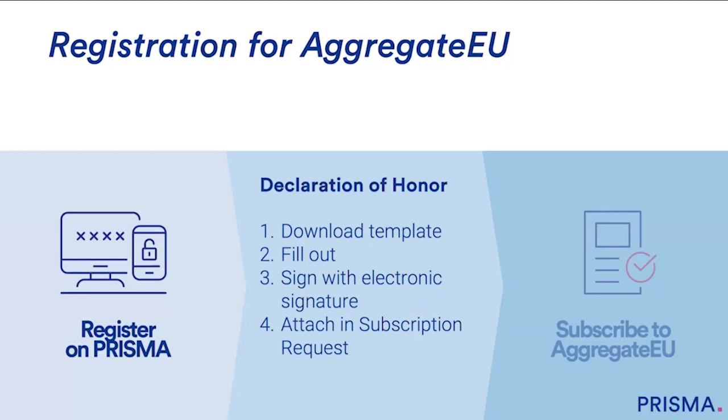Then, for participation in Aggregate EU, you have to provide a declaration of honor. This needs to be submitted in order to participate, and you can find the template for this in our knowledge base. You then need to fill this out and sign it with a qualified electronic signature. And then keep it at hand because you will need it in the last step we're getting to, which is